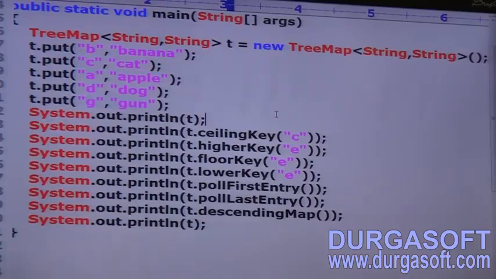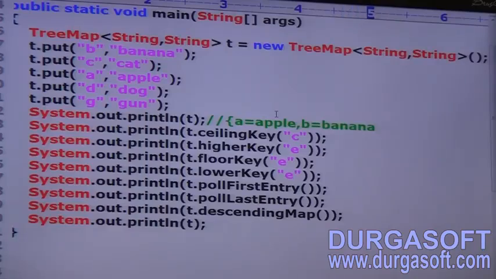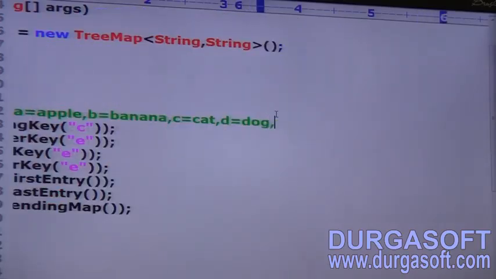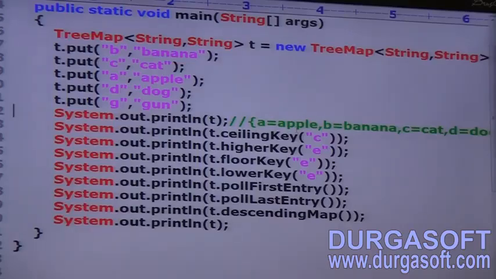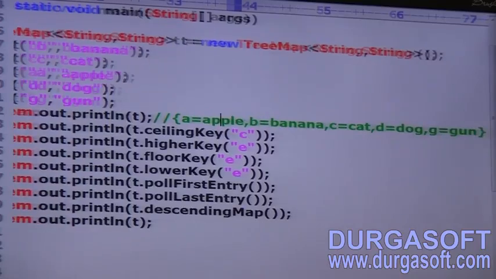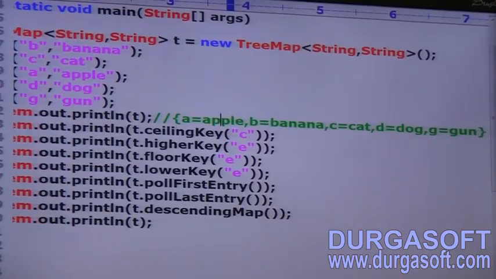Now SOP of t. Can you tell what is the answer now? A equals apple, next B equals banana, after that C equals cat, next D equals dog, next G equals gun. Have you observed? A for apple, B for banana, C for cat, D for dog, G for gun, whatever entries are there. Now see,